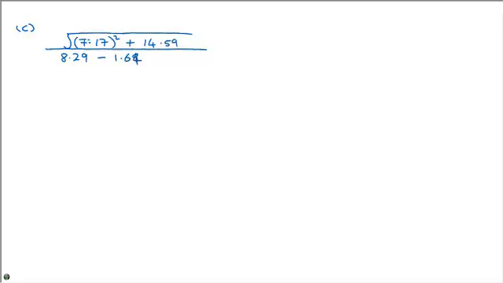Sorry, that's 6/4 multiplied by. Okay, so rounding everything to the nearest whole number, you're still going to have that square root up there. That's going to go to 7 squared